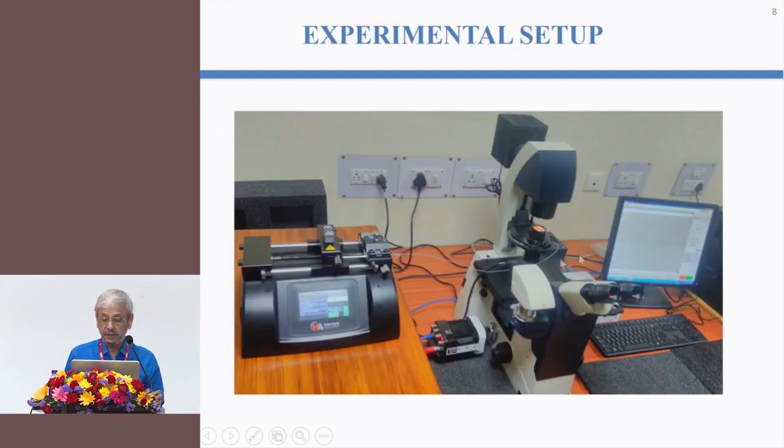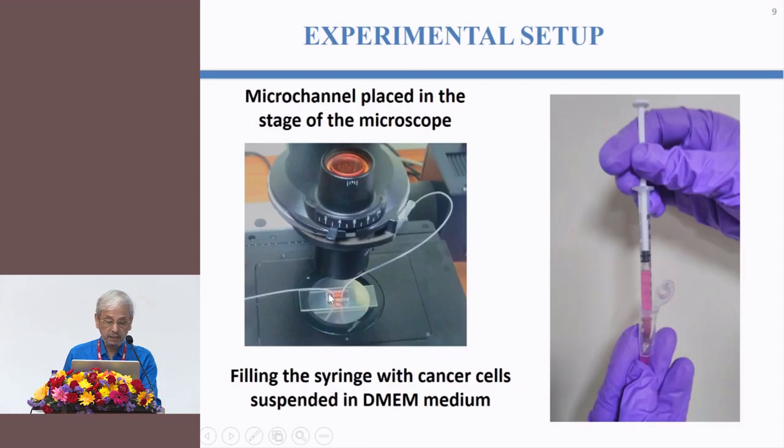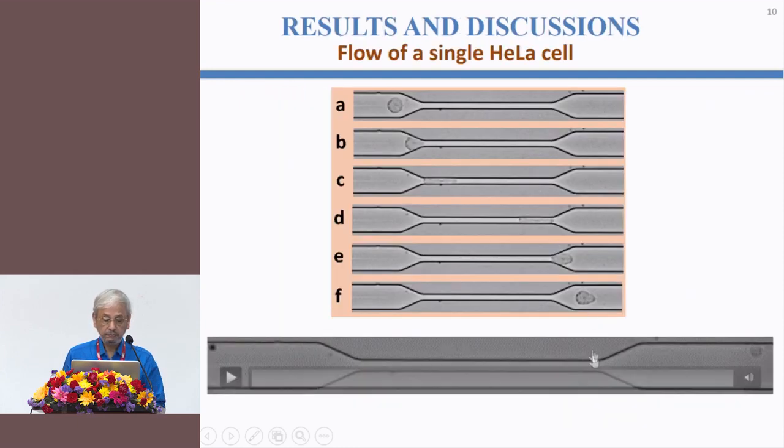So, this is the test facility, as you can see, and it is mounted now under the microscope. This is the inlet port and this is the outlet port. DMEM is the medium which is carrying the cancer cells, and these are injected through the syringe pump. So, I will show you exactly how cancer cells migrate. This is a single HeLa cell. As you can see, it's about 30 micron diameter, and it is coming,